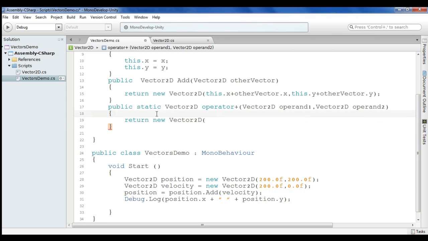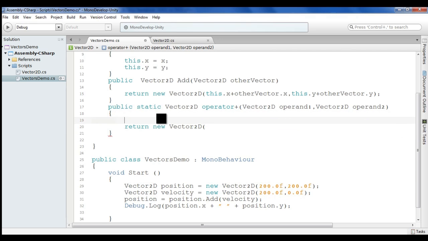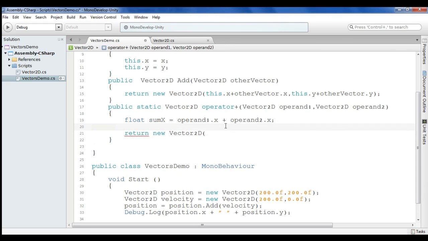What you can do is, if you want, you can simply say float sumX, which is going to be operand1.x plus operand2.x. You take operand 1's x, take operand 2's x, add them together and put it in sumX.